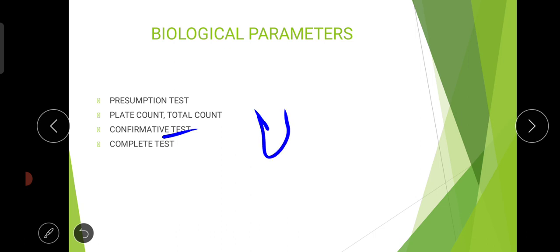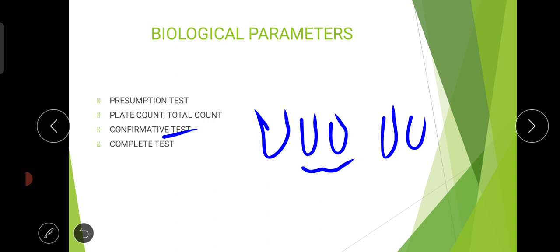So in the first 5 test tubes, if you happen to get 2, in the second, if you happen to get, that is, bubbles, you will be seeing, and also the color change due to acid formation. Coliforms will not only produce gas but also acid. Because of that acid, the color change also will occur. For example, if you have 15 test tubes, and out of 15 you happen to get 9 test tubes with positive results, then we will go for the confirmative test. Okay, understood?